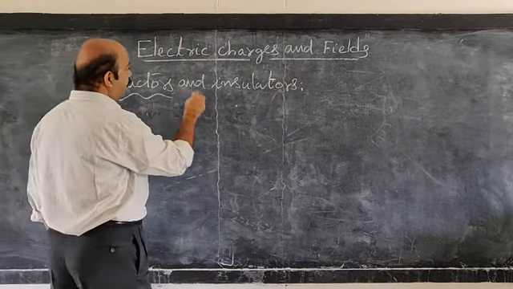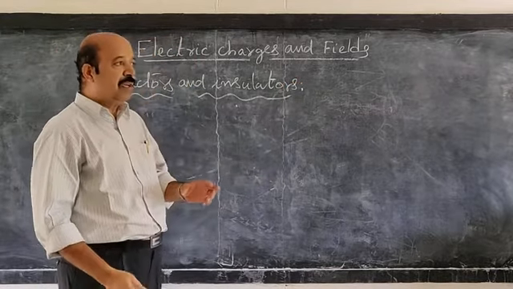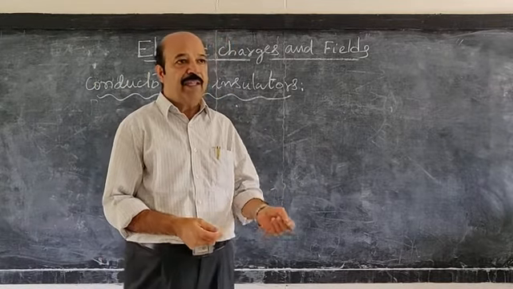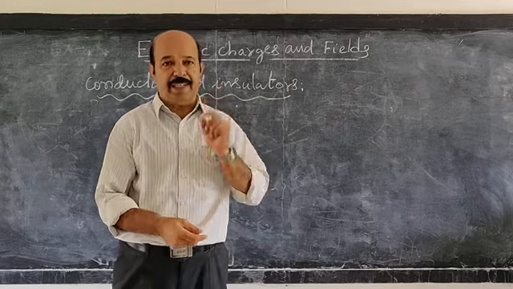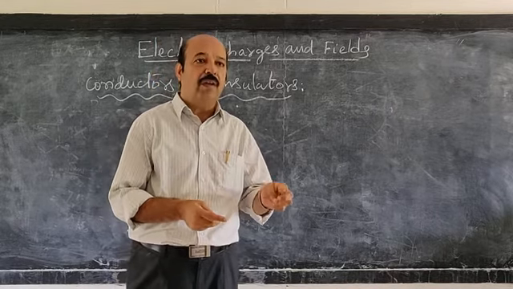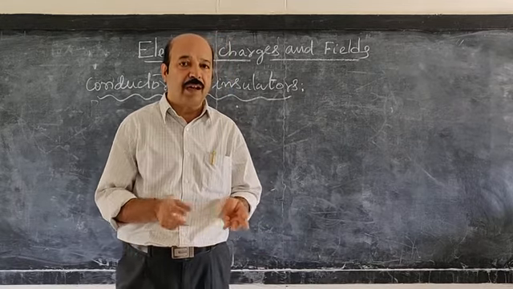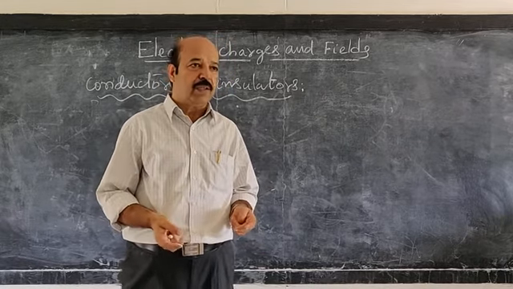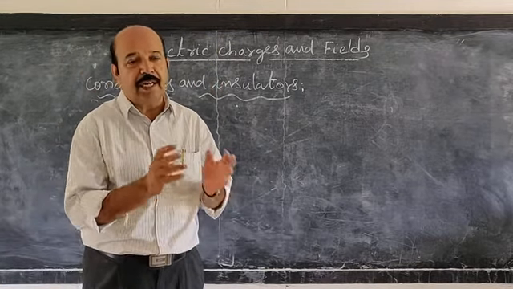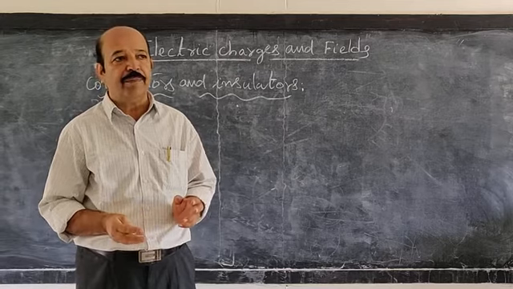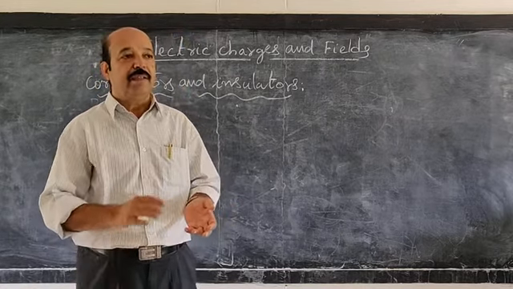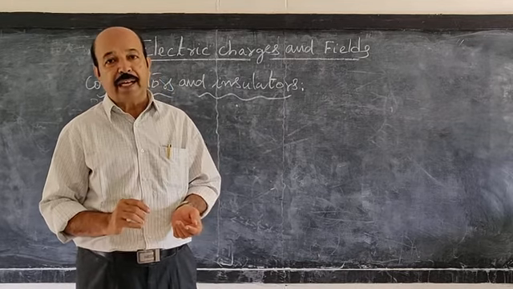You will observe this attracting property of small particles by bodies when they are insulators. As I said, plastic or glass, wool or silk. They are all not metals actually. So most of the non-metals, which are not good conductors of electricity, we call them insulators. Such materials, when rubbed suitably, exhibit this electricity.